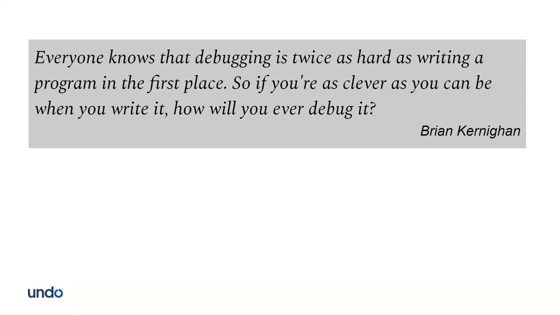Another way of saying the same thing, here's a nice quote from Brian Kernighan that I expect many people have heard: everyone knows that debugging is twice as hard as writing a program in the first place. So if you're as clever as you can be when you write it, how will you ever debug it? Right? Nice little pithy quote, makes a lot of sense. Obviously, what he's really saying here is, don't try to be too clever, because you're perhaps not as clever as you think you are. And if you make your code super sophisticated, then you're going to be in trouble. So have a margin for error.